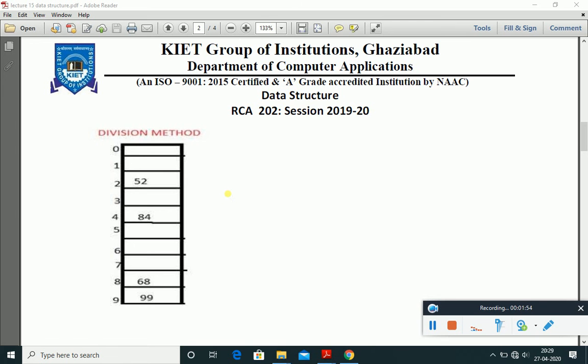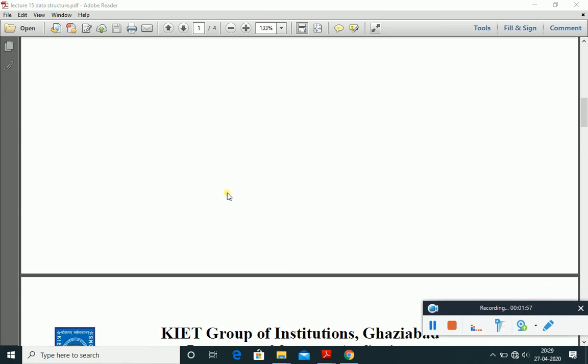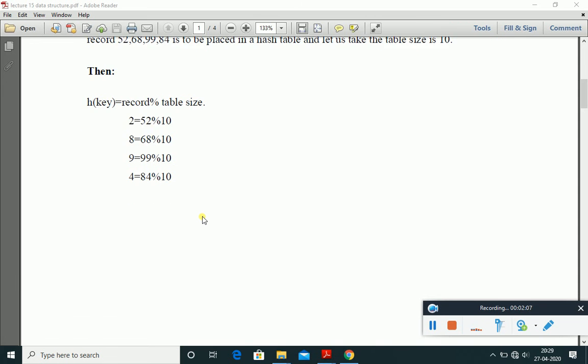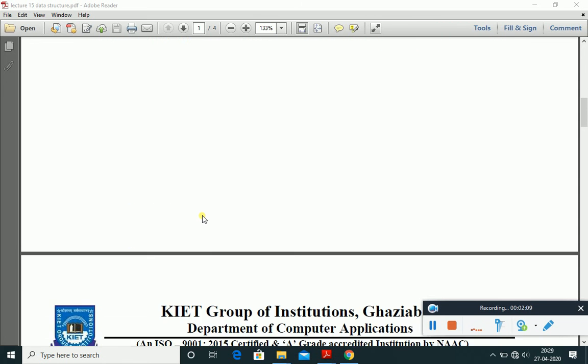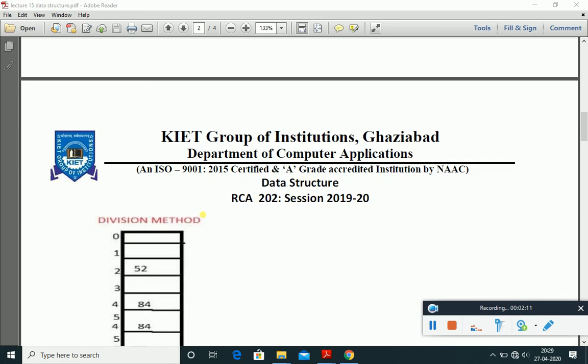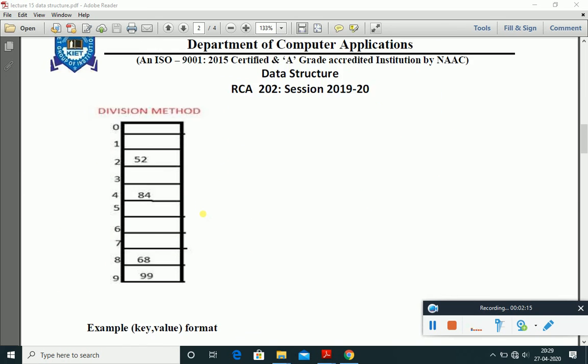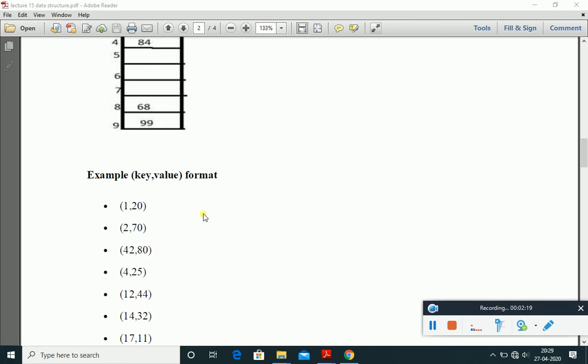Let's suppose we have 32 in the same list of records and we divide it by 10, then 2 will be generated. The 2 has also been generated for 52. So what will happen in that case? We will discuss it later, but this question should come to your mind while we are having this particular method. Let us take one more example.